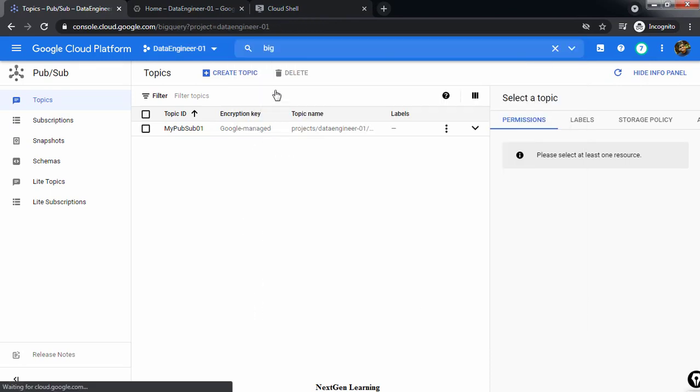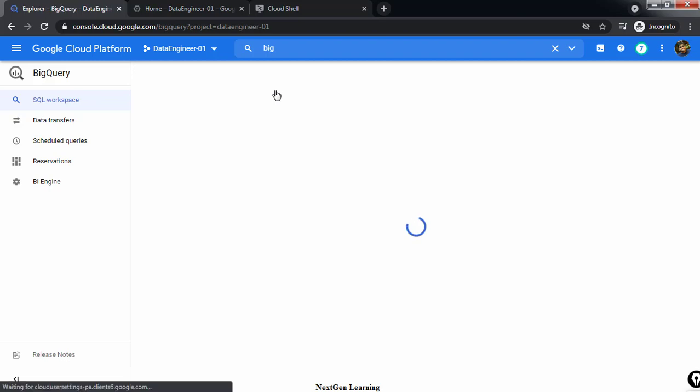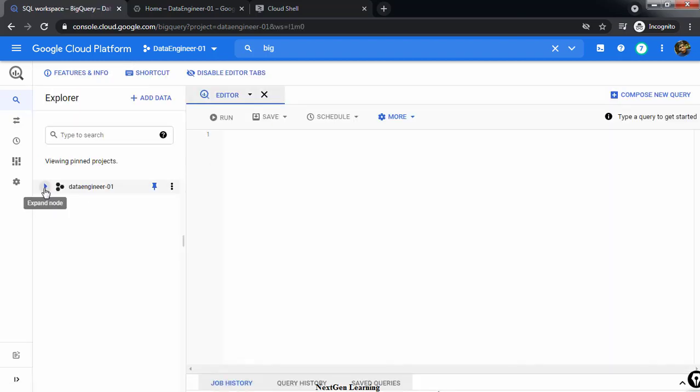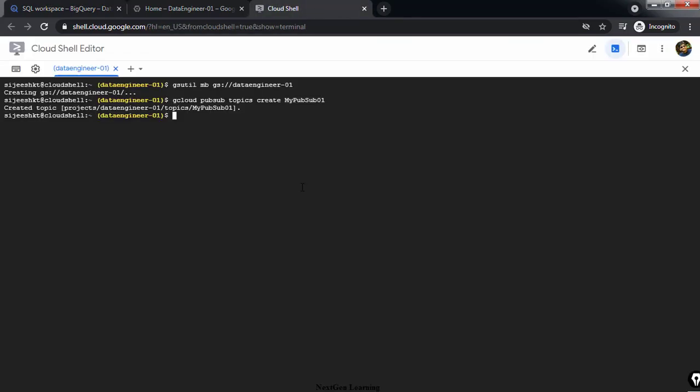Next we'll go to BigQuery, and in BigQuery you need to create a data set. A data set is a place where we keep all the tables. Here we don't have any data set, so from here we can create a data set, and under that data set we can create the table. I'm using the command line: bq mk, my data set 01.